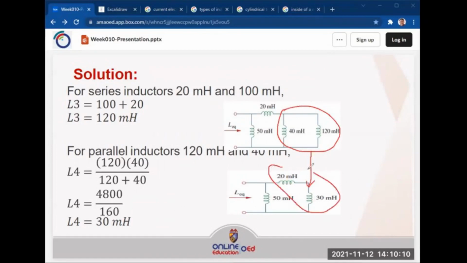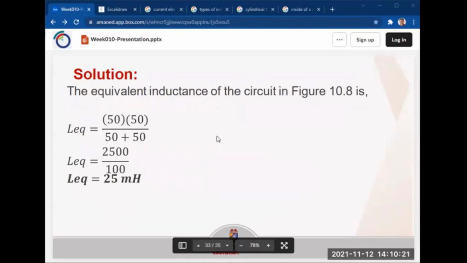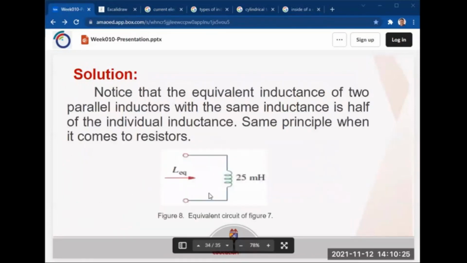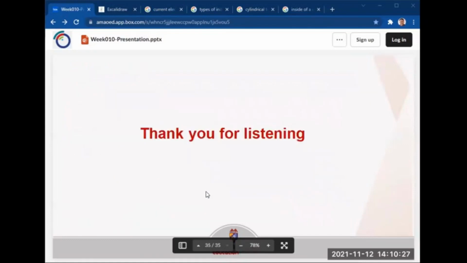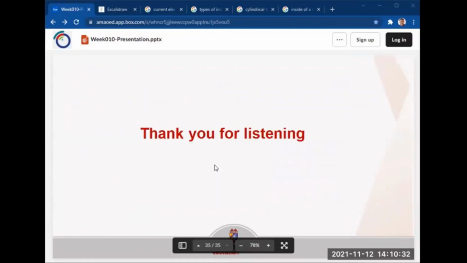Next, we have 20 and 30 in series, which will be equal to 50. Then 50 parallel to each other. So the equivalent is 25 millihenries. So that's it. That's for our series and parallel inductors. Okay, so that's the end of our